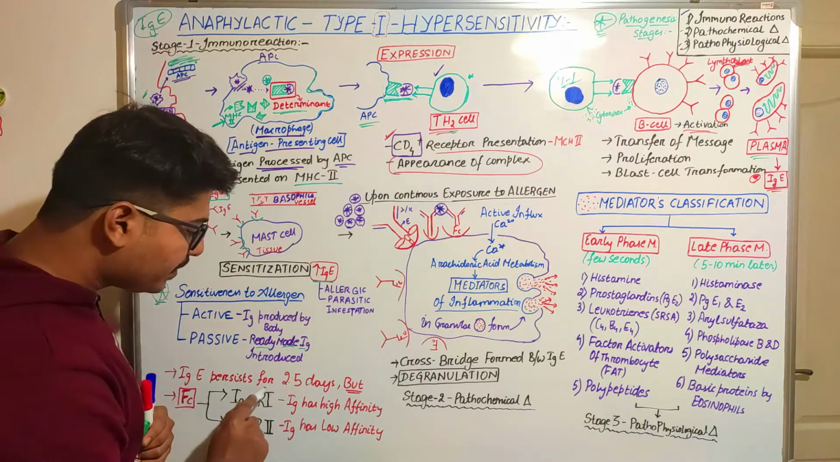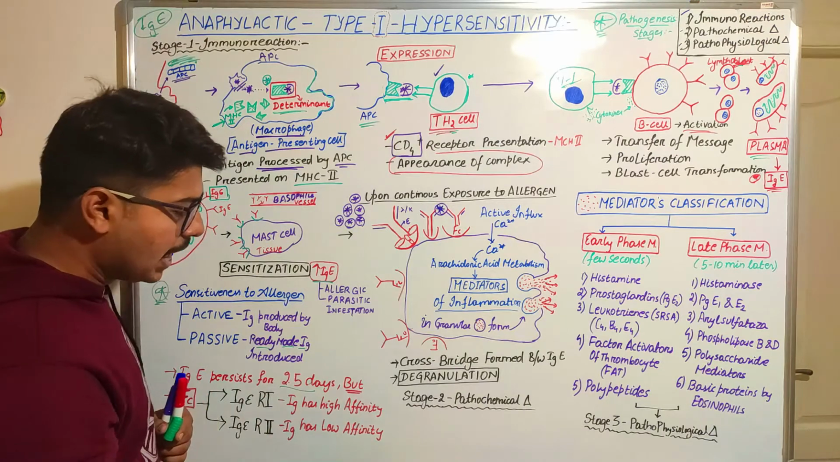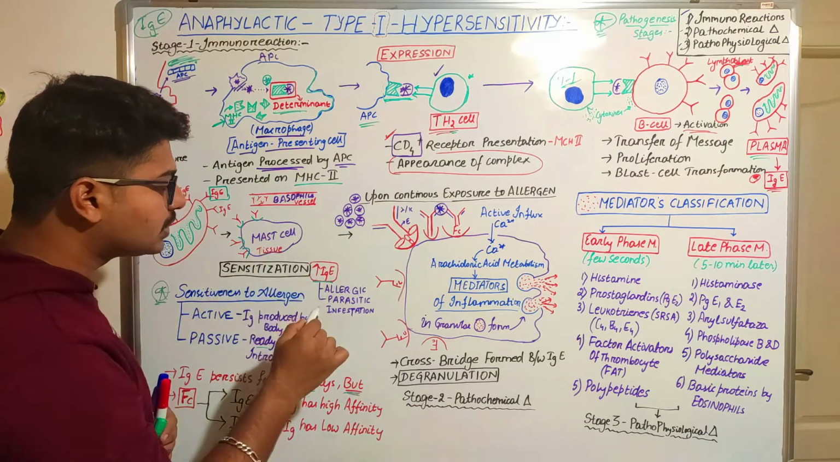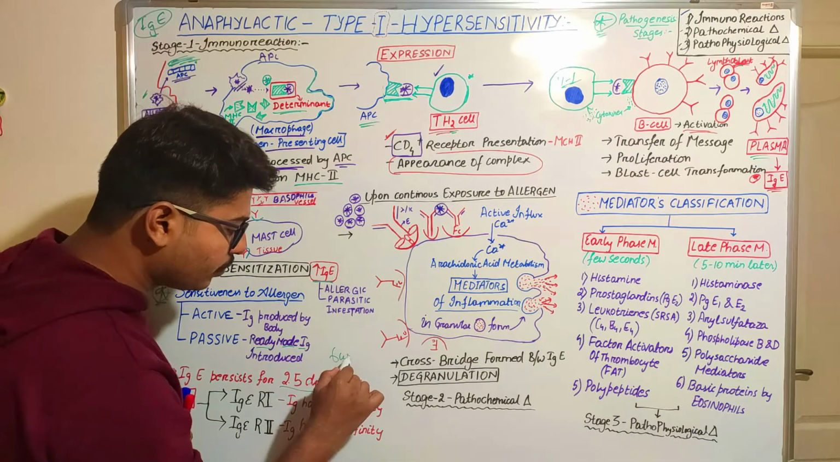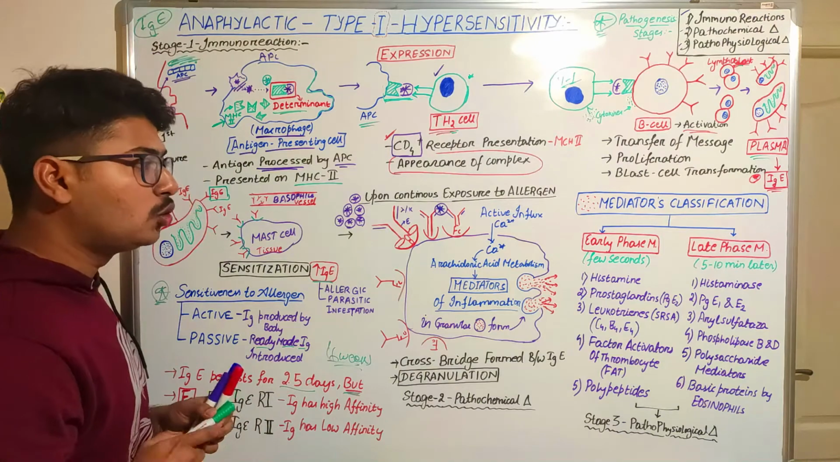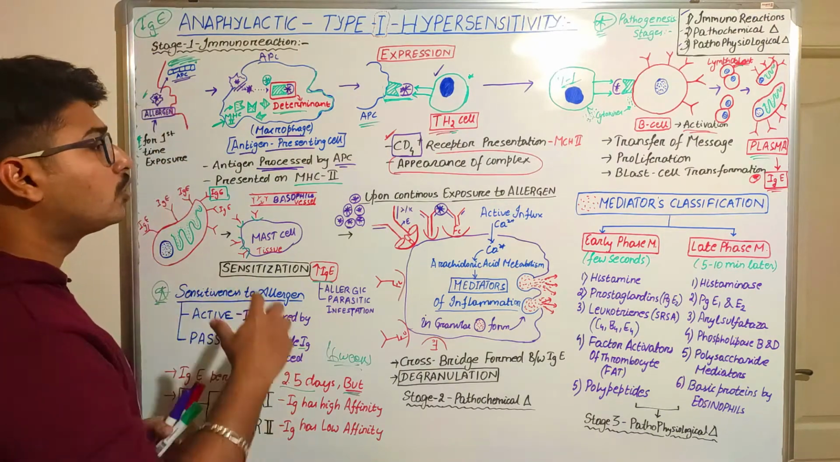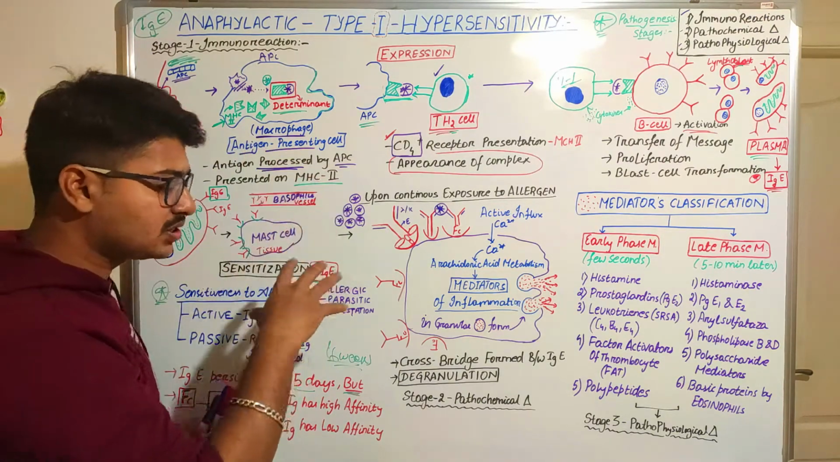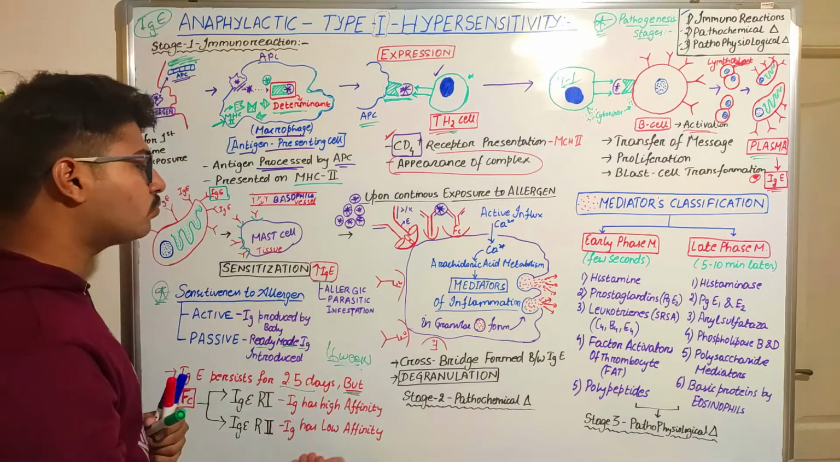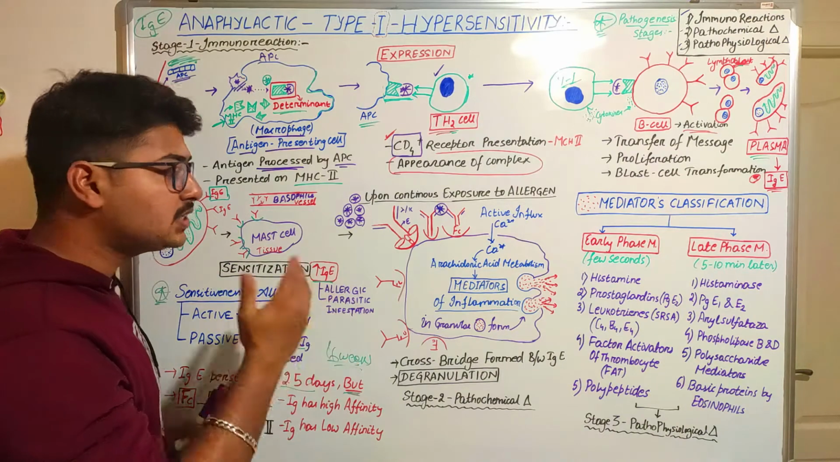Next, the IgE persists for 2.5 days, as I have said. But why have I written "but"? Because the whole sensitization process remains for 6 weeks. So we need our body to react to certain kinds of situations for more than 2.5 days. That is the reason why we need the sensitized mast cells